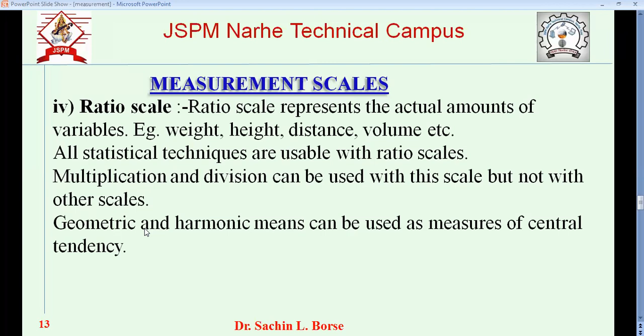The benefit of the ratio scale is that all statistical methods can be used with it, and we can do various analyses. When we find a ratio, it is a division. So multiplication and division with the ratio scale is possible. Even we can take geometric